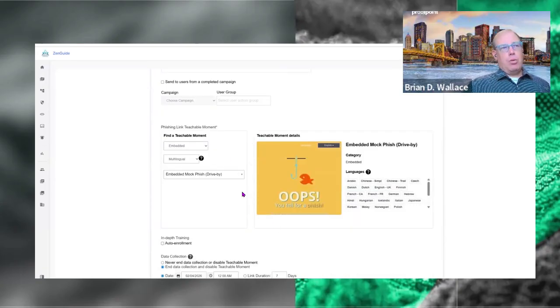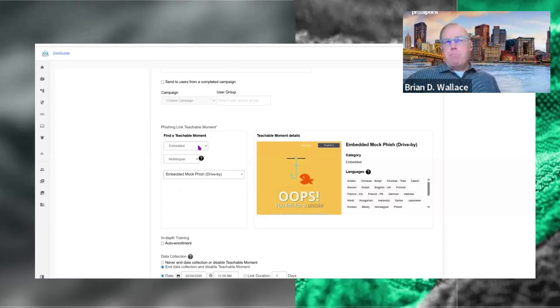I mentioned to you all about our teachable moments. Now, as good as our teachable moments were in the past, I admit, looking at this one, it had that I gotcha kind of feel. And that caused a little fight or flight within a lot of our end users. Unfortunately, many people would not read these, which is self-defeating. We want our end users to read these messages. So we've heard your feedback and we've made some significant changes.